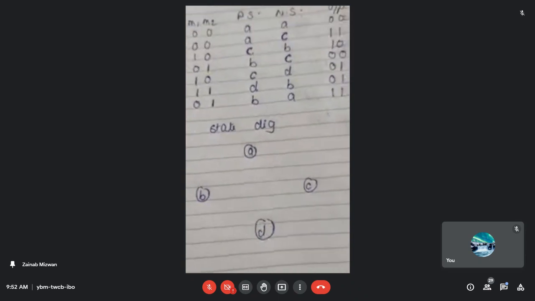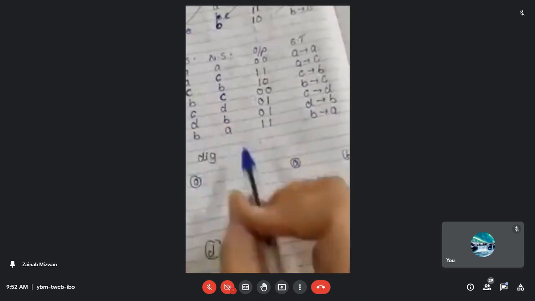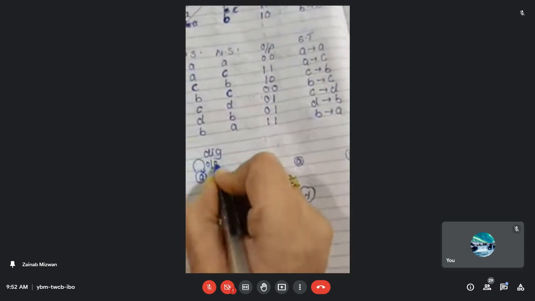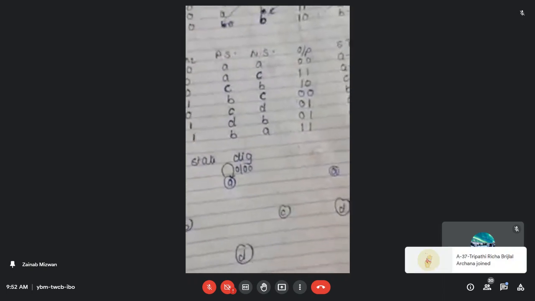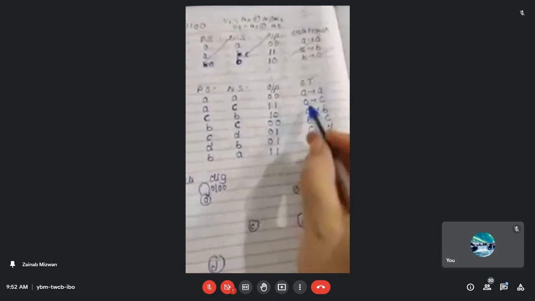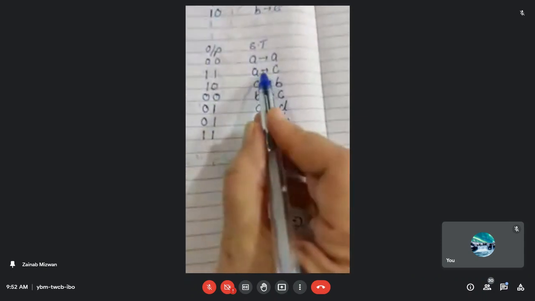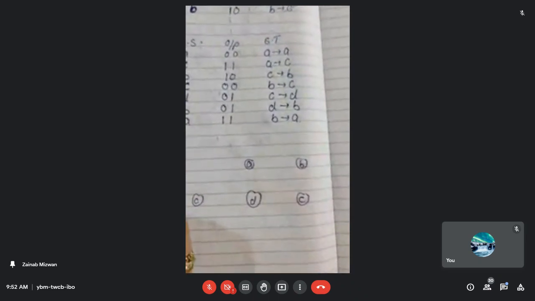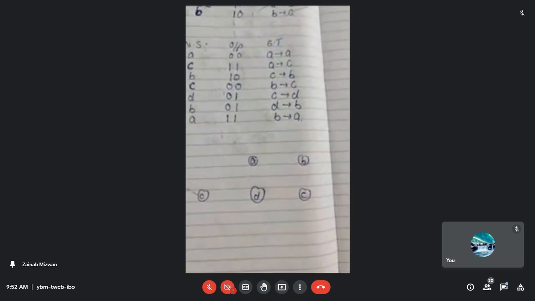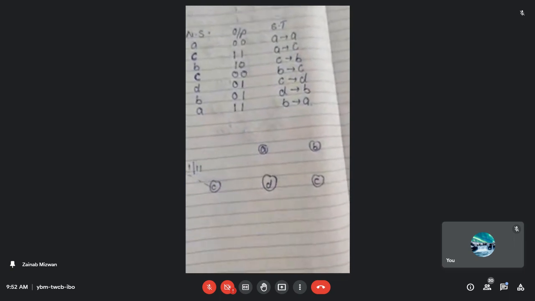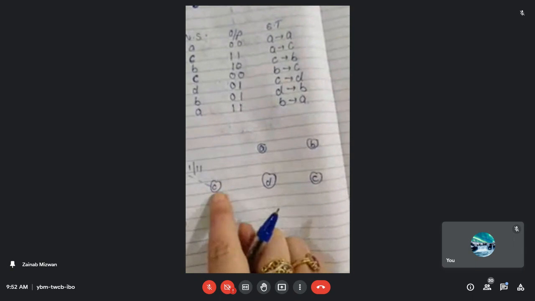Okay, so we will start drawing the state diagram now. For the first row, the input is 0. It will move from 0 to 0 only. So the 0 slash 0 0 I am going to write. Now the first input bit which we are having is the 1. From the state A there is a transition. We can see there is state A to C. But ये A to C का transit हो रहा है when the input is 1. So what I am going to do is connect with the dotted line. What I am going to write over here is the input is 1 and the output over here we are getting is 1 1. Now we are at the state C.